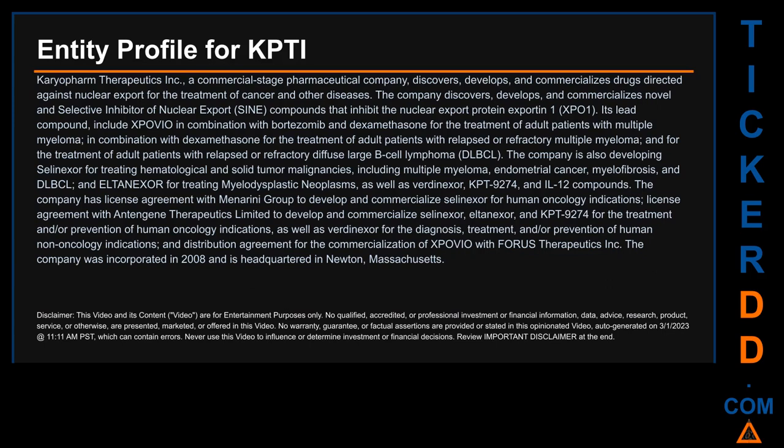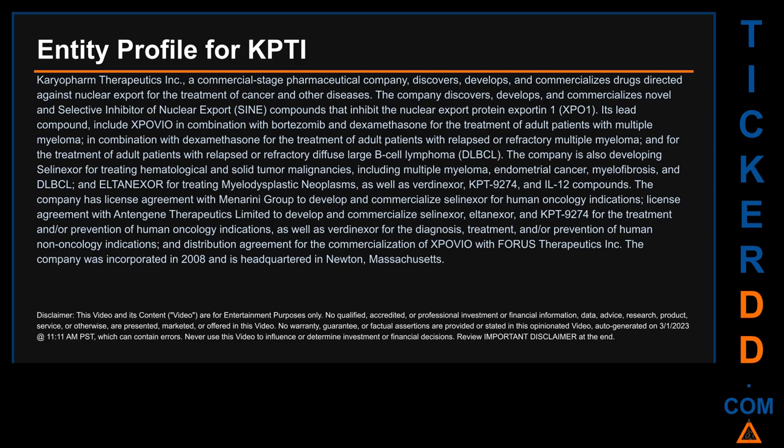The company is also developing selinexor for treating hematological and solid tumor malignancies, including multiple myeloma, endometrial cancer, myelofibrosis, and DLBCL, and eltanexor for treating myelodysplastic neoplasms, as well as verdinexor, KPT-9274, and IL-12 compounds. The company has a license agreement with Menarini Group to develop and commercialize selinexor for human oncology